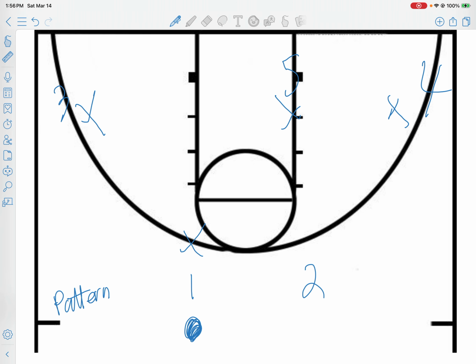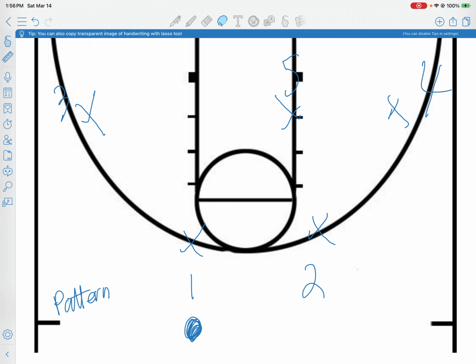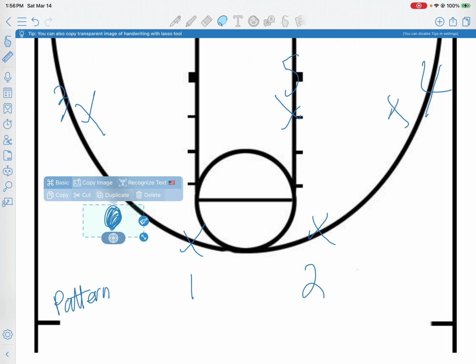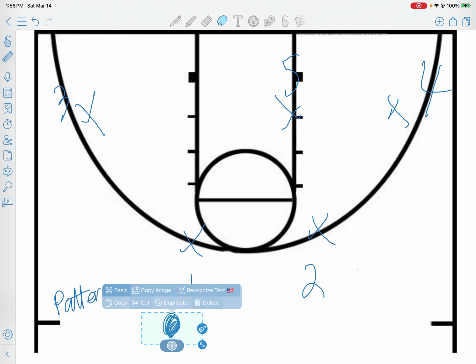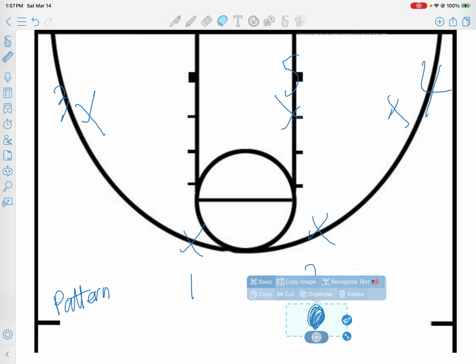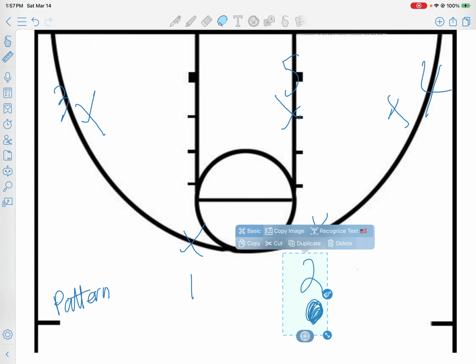All right. So that as the ball moves around, if our ball handler gets an opportunity to drive in,